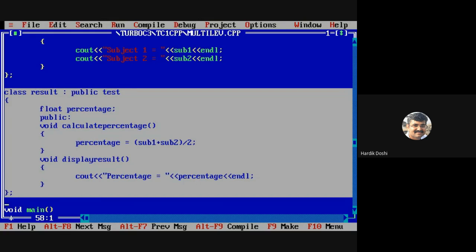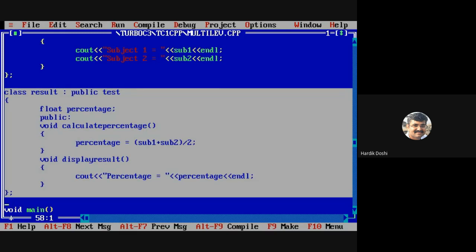What next in the public section? Calculate percentage. Any doubts to this? Now see the inheritance. Inherits. Yes. Publicly. Means what?